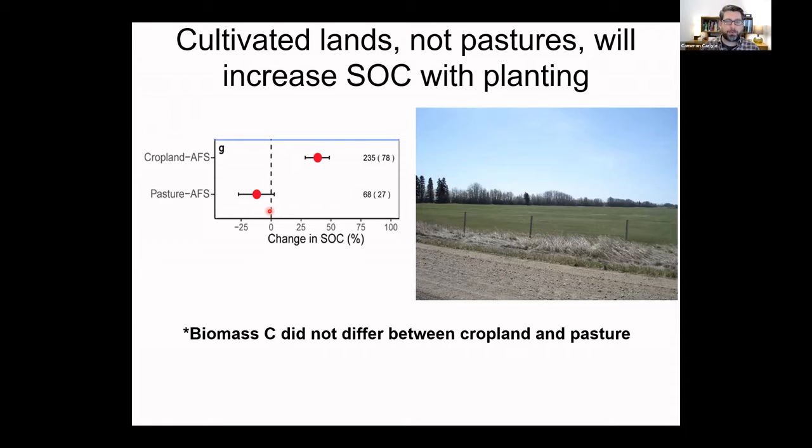And so the important thing to note, though, is that the amount of biomass carbon, the amount of biomass in trees in the cropland and the pasture, didn't differ, but there was no real increase in the amount of carbon in those pasture systems, probably because they were already close to equilibrium, whereas the cropland systems had already lost their carbon, and so they had potential to rebuild the carbon back into their soils. And so there are important implications here in terms of where we actually add these systems into our landscape, and cultivated areas would be the key candidates.